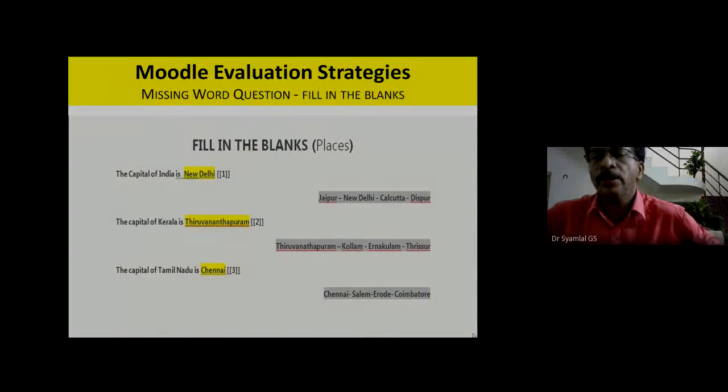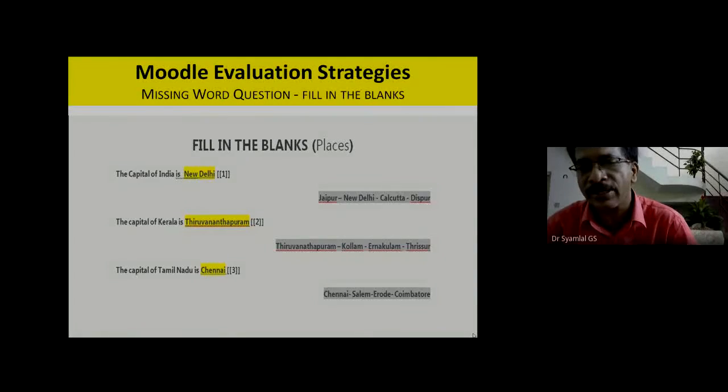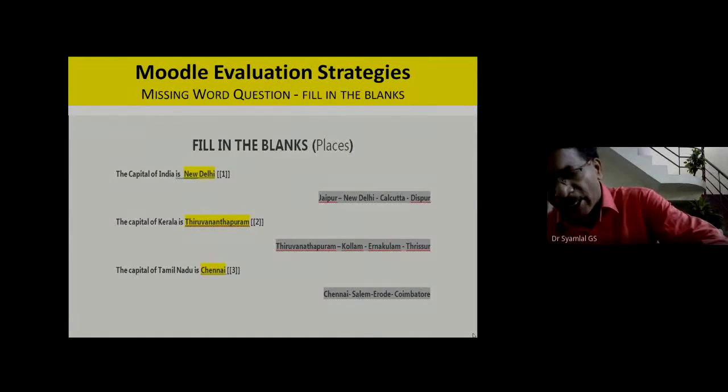So remember, never forget to put the brackets and the number. It is where the answers are going to be, because the platform will be able to recognize only if you give these numbers.